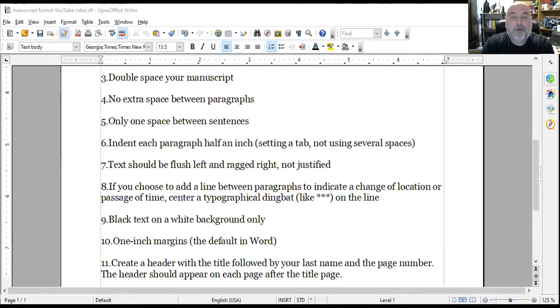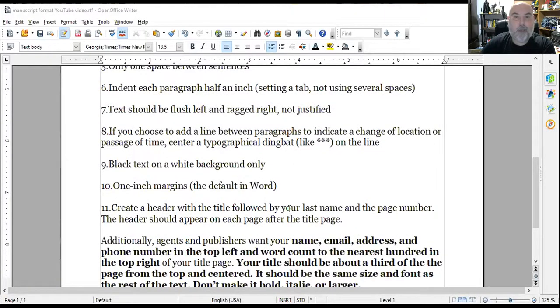It's going to be black text on white background. Don't do any cutesy pie stuff. Don't have a black page with crimson print. I know I have some gamers out there, but if you ever played the Vampire the Masquerade role-playing game, when they came out with the 2nd edition of it, Vampire the Requiem, most of the rule book was written in a red cursive font. It was the most irritating thing in the world to try to read. It was like clawing at your eyeballs. So keep it simple. White background, black copy. Simple. 1-inch margins